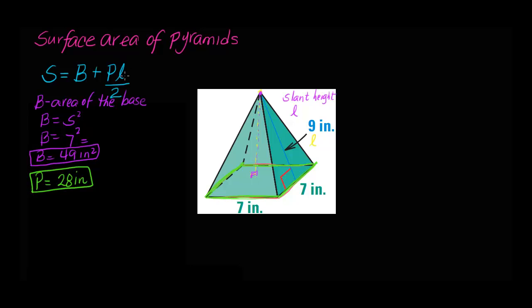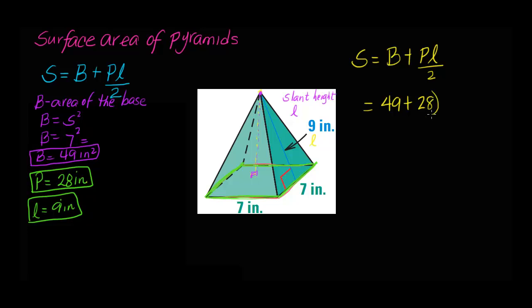Now I need L. L is the slant height. Well, L is given. It's 9 inches. So no work there to be done. I have all the information. Now I'm going to write and find the surface area for this pyramid, which is capital B plus P times L over 2. Let's plug in the values. B is 49, so 49 plus P, which is 28, times the slant height, which is 9,